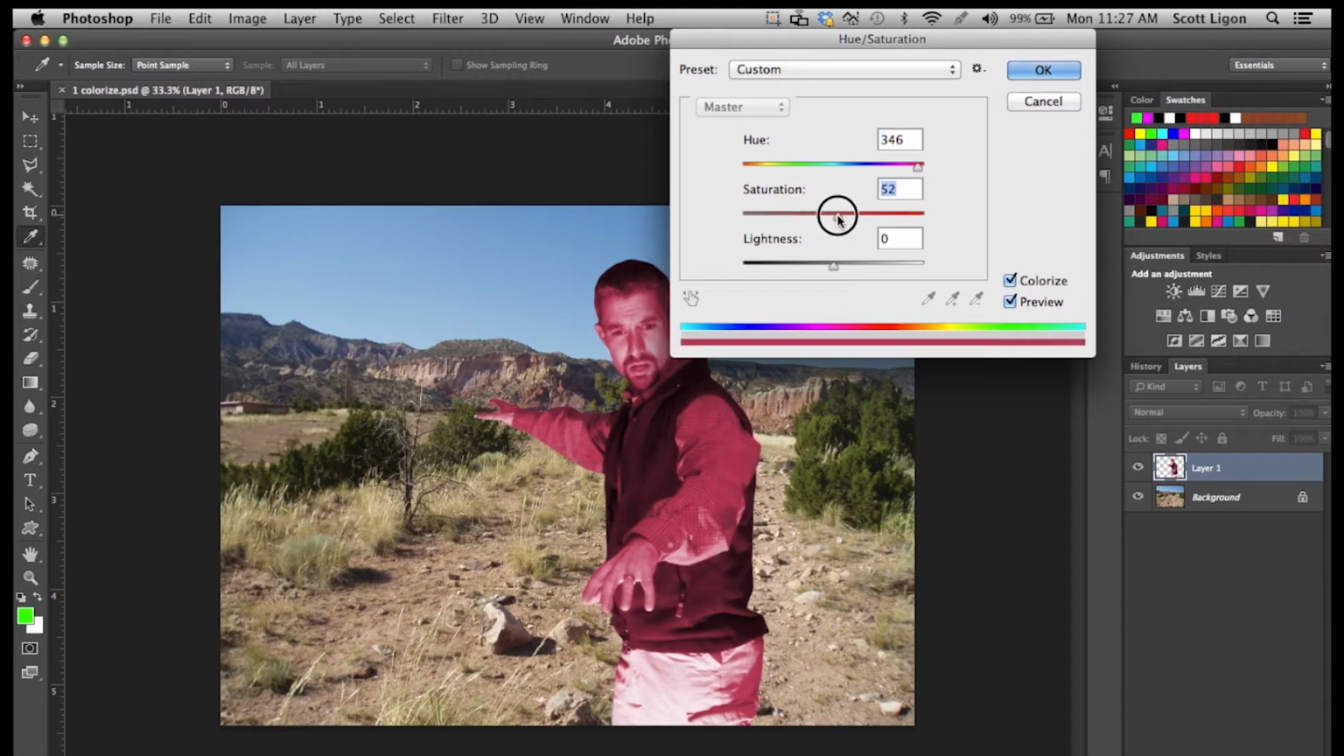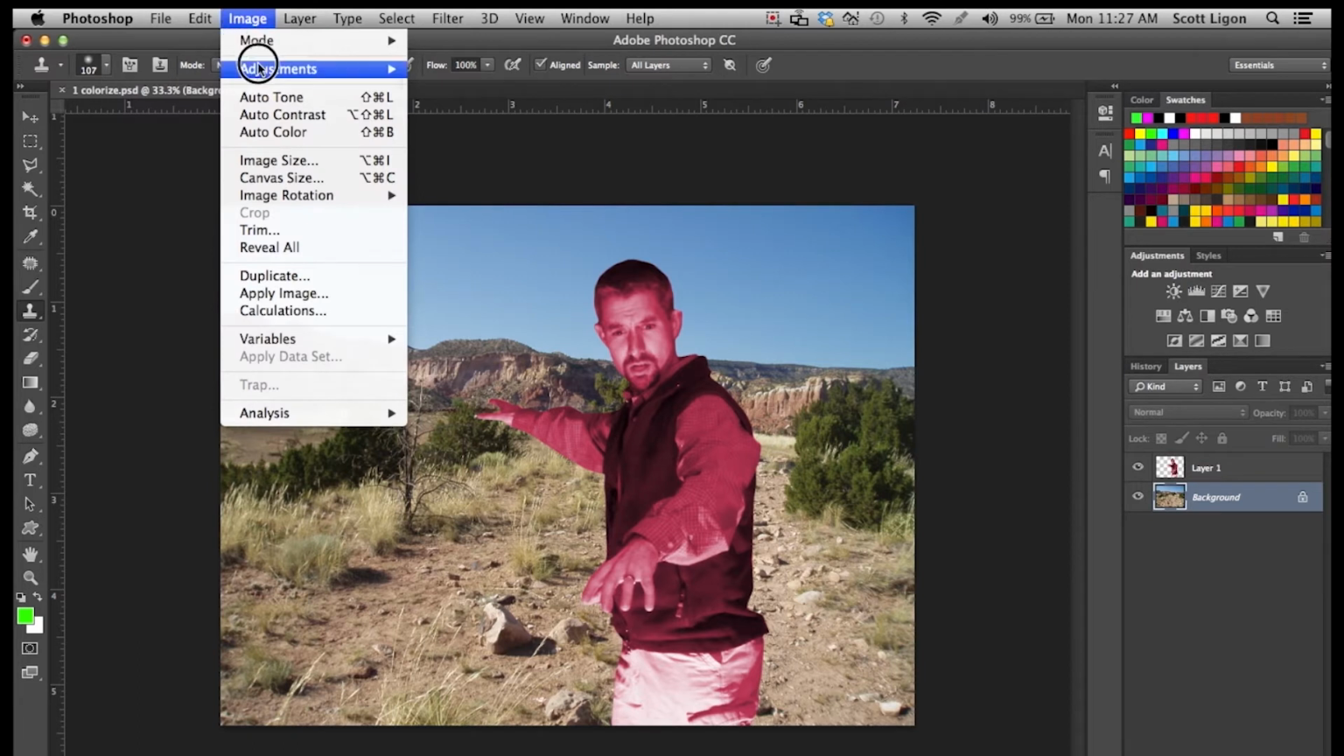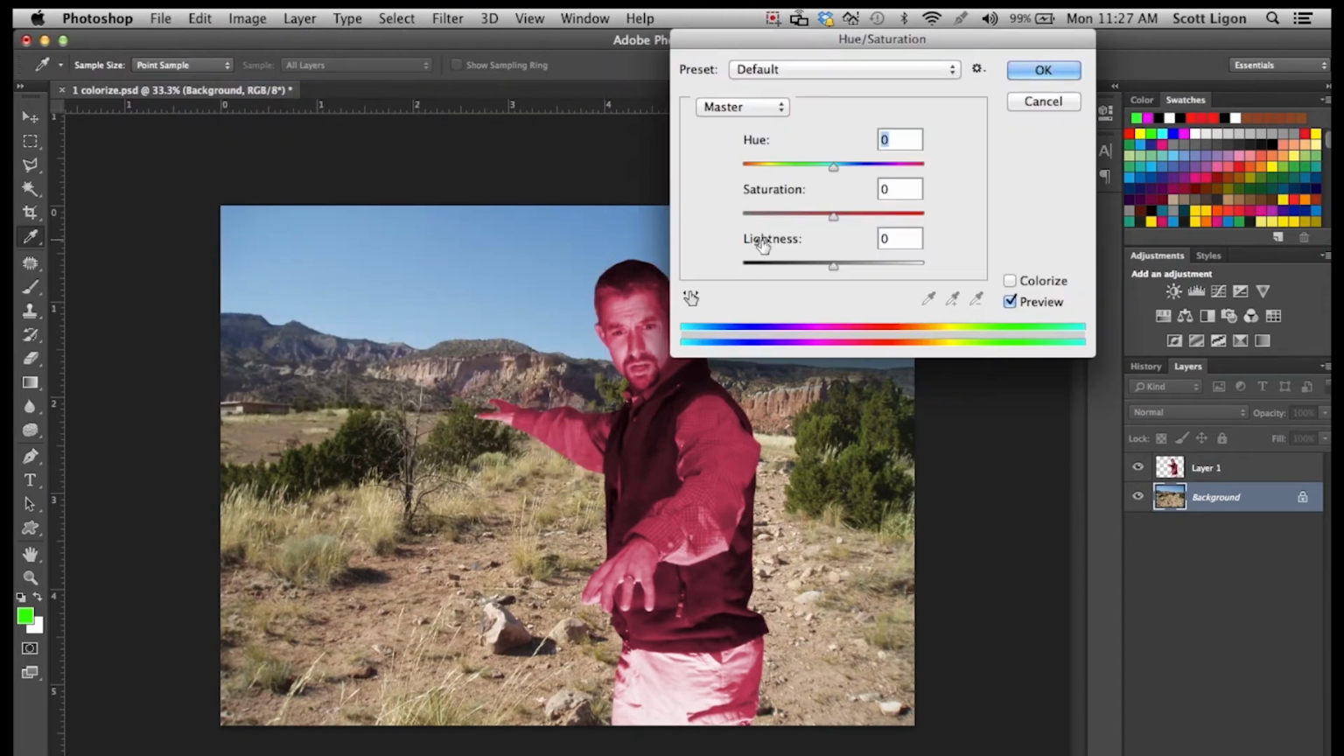So I'm going to saturate even more just so we can see the difference. And I'll hit OK. And I'll select the background layer. And I'll go to Image, Adjustment, Hue and Saturation. And it's already green, so I'm going to make it a green color. I'll increase the intensity there too. And that's a little too yellow. Okay, that looks pretty close to actual green. And if I hit OK,